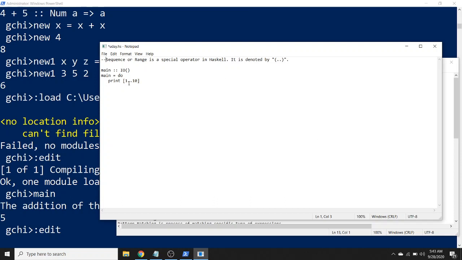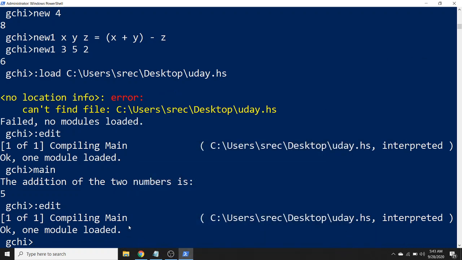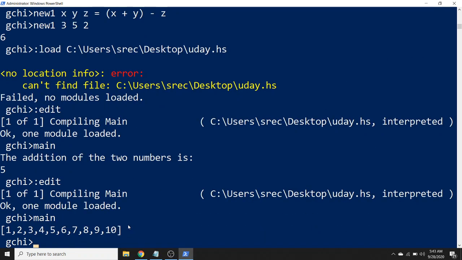It means that it will generate the values in sequence order, right? You can see here the result that prints integers from 1 to 10.